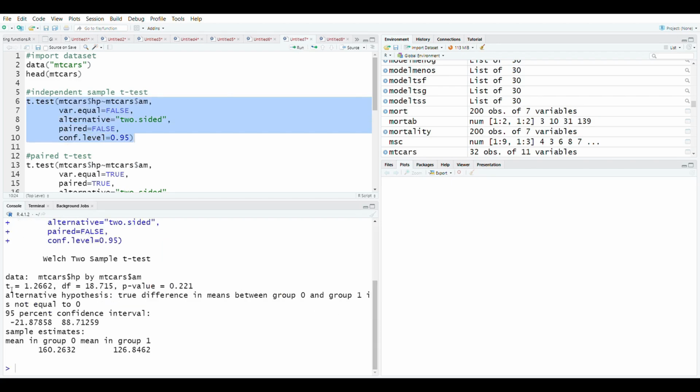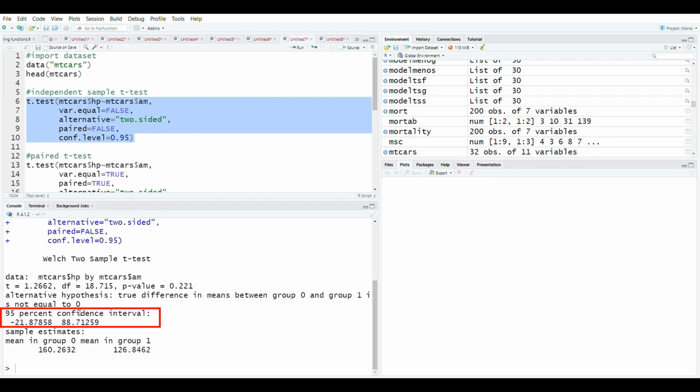So here you can see in the console there is a value t which is for t-score, df which stands for degrees of freedom, and the p-value for the t-score. It is also mentioned alternative hypothesis. As I've described before doing the statistical test, we have to mention or describe null and alternative hypothesis. In layman terms, null hypothesis means that the two groups are not different, whereas alternative hypothesis means two groups are different. So here alternative hypothesis states that a difference in means between group 0 and 1 is not equal to 0. That means two groups are different.